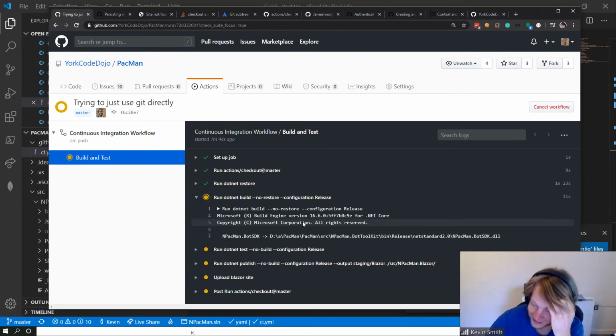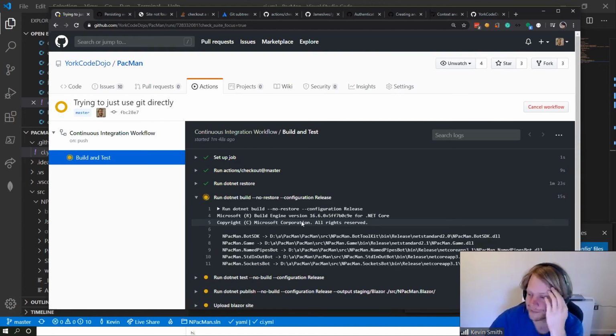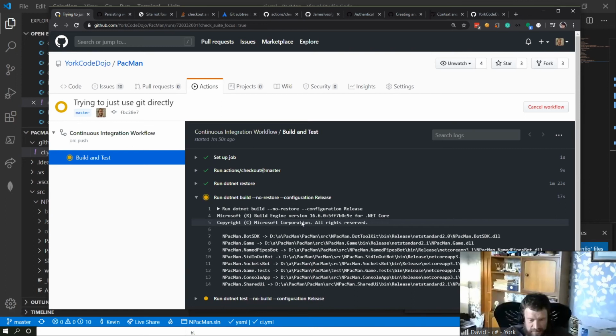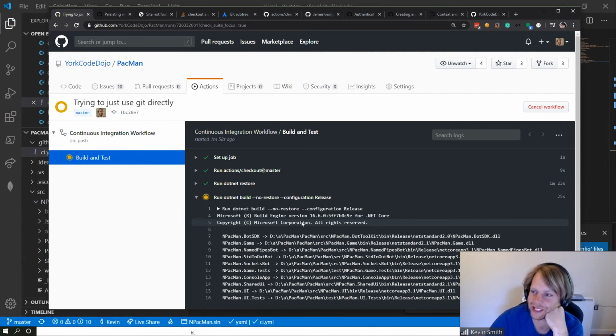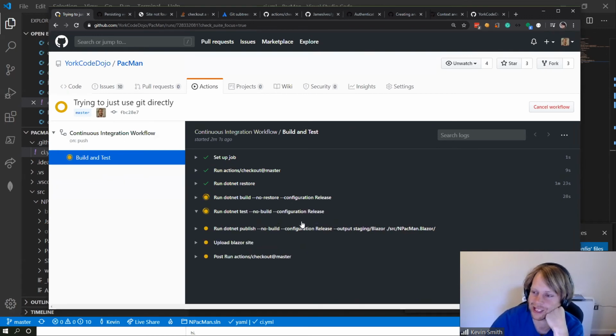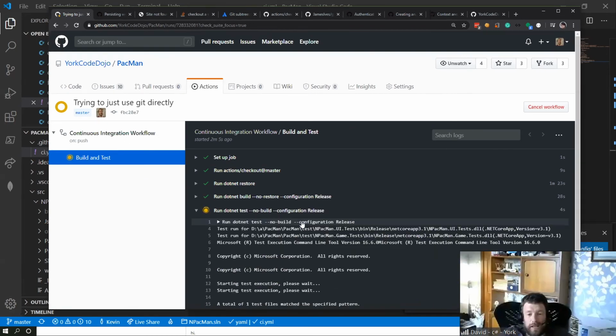Alternatively, we could put it on Azure. It can't be easier though, can it? Well, it should be because it's just copying files, isn't it? You just do AZ copy. It's having to use Git when you really don't care about tracking it. You just want to overwrite everything every single time. Yeah, it just seemed quite nice to keep it all in one place, but